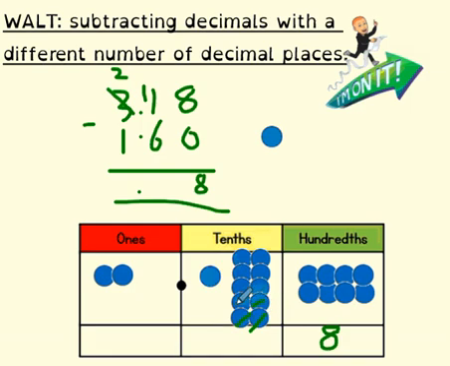Cross out 6, leaves me with 5 tenths. 2 ones, take away 1, leaves me with 1, 1.58. So those 2 examples, one without an exchange, one with an exchange, will help you with question 1 today